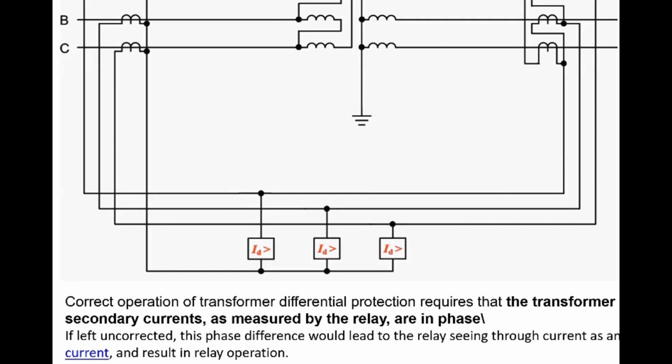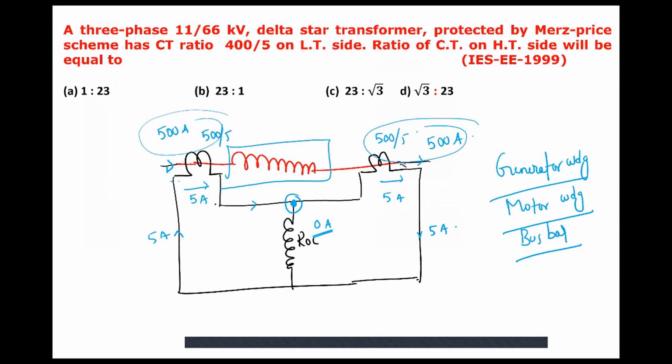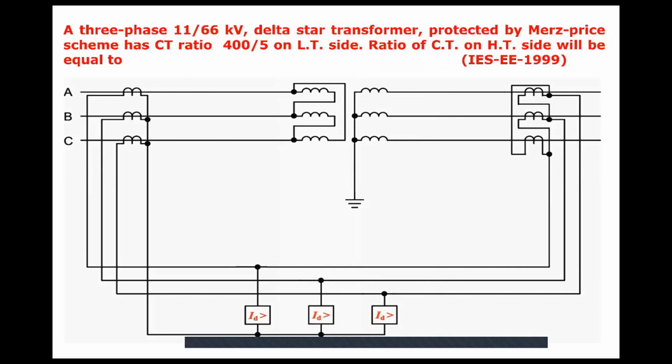So here my question is that the primary side voltage is 11 kV, which is the delta connected side. Secondary side voltage is 66 kV. So there is a step up of 6 times. And here which CT has he connected? 400/5 CT. Let us assume the primary full load current is 400. To make our calculation simple, we are assuming that the full load current in the primary of the transformer is 400 ampere.